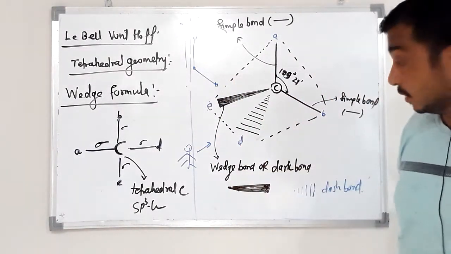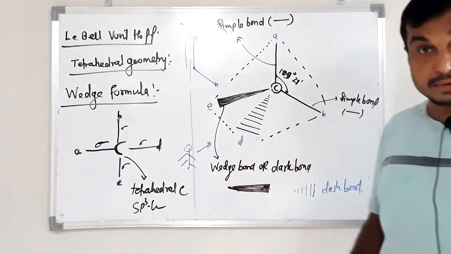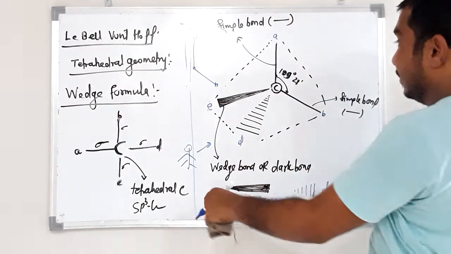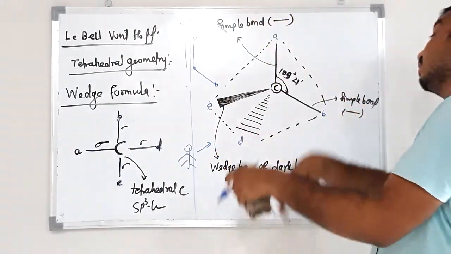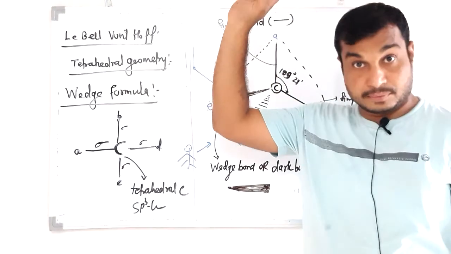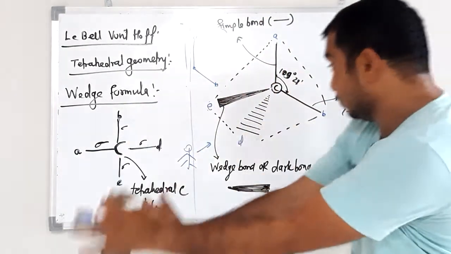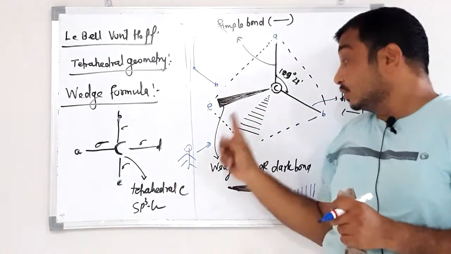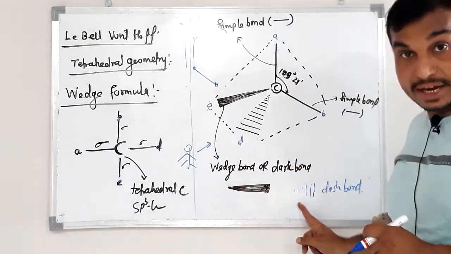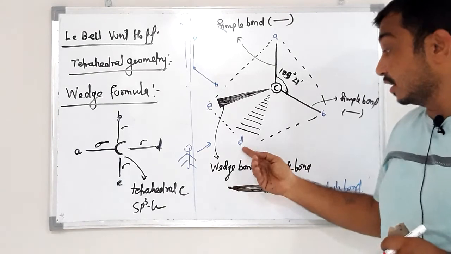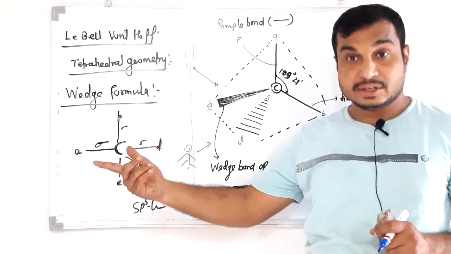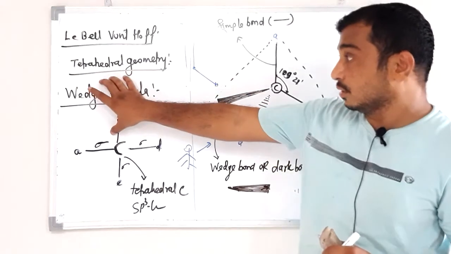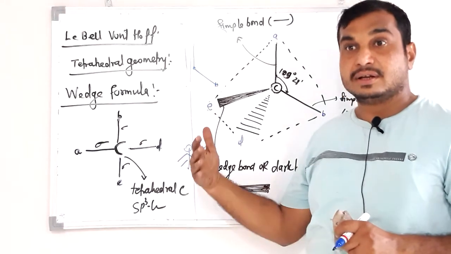And this D attached to C by a dash bond means that it is present on the back side. This is the plane, this is the front side and this is the back side. D is moving away from the observer. If I am observing this molecule from this side, then D is moving away from me, so it is represented by a dash line, rear side. So student, this is the simple representation which is known as the wedge formula. In the next class I will explain the next part. Thank you.